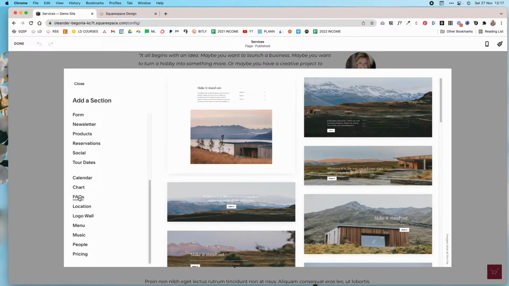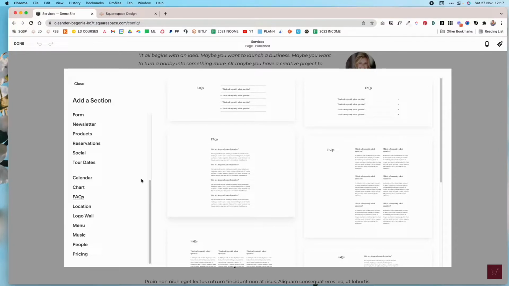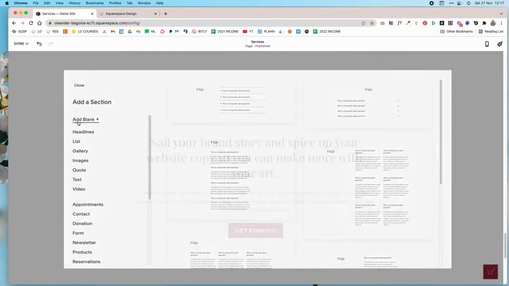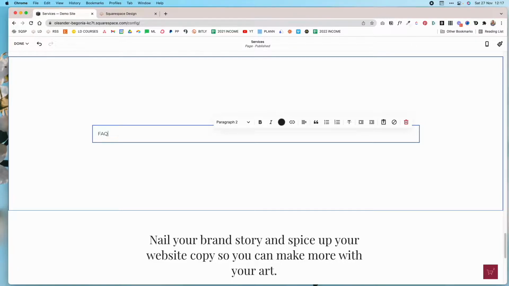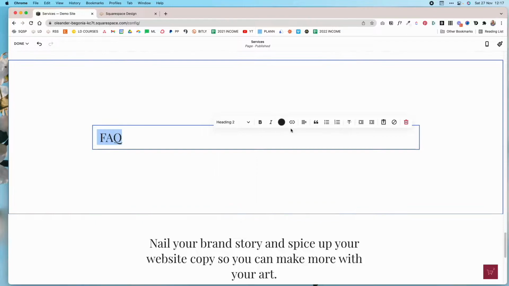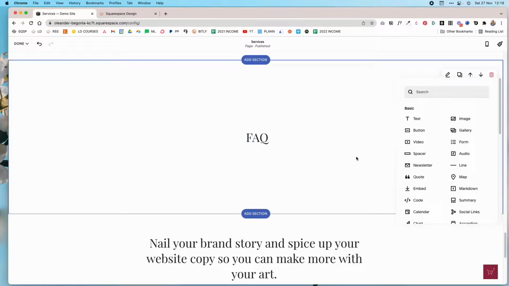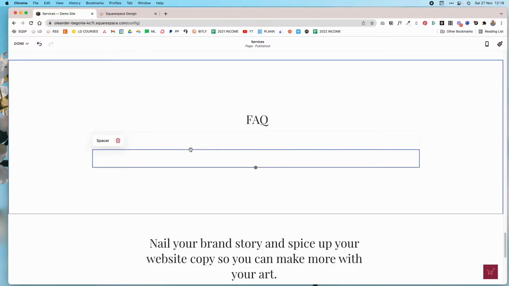And Squarespace already offers pre-made FAQ sections that you can choose from, but I want to show you how you can create one from scratch. So we're going to add a blank section, and I'm going to enter FAQ for the title. I'm going to style the text, make it heading 2, and make it centered. And then just below that, we're going to add a spacer, and then I'm going to add another spacer to